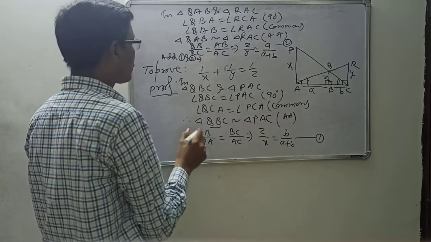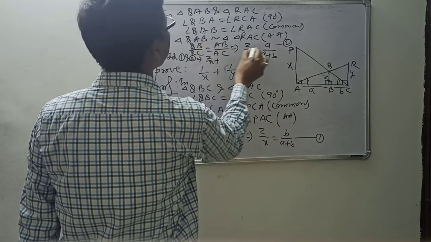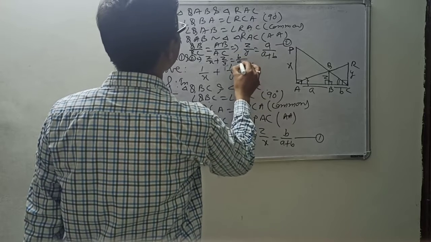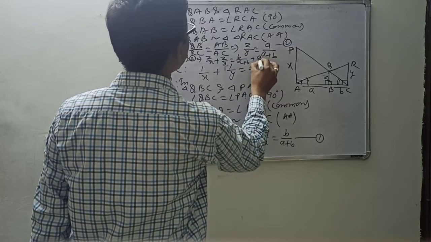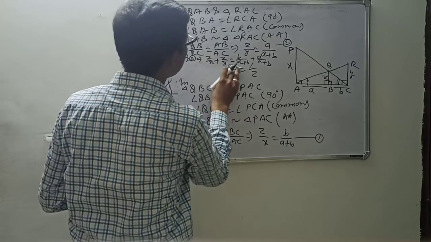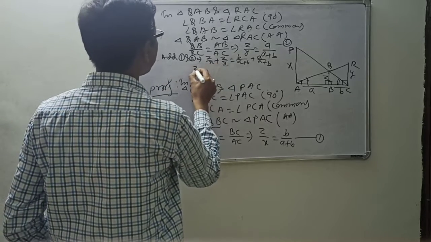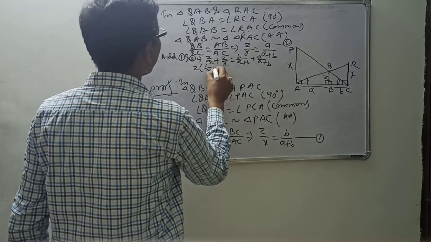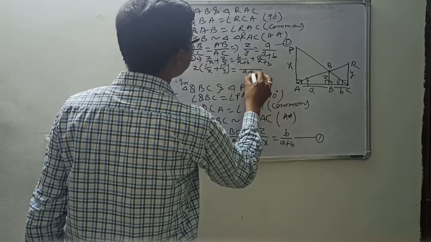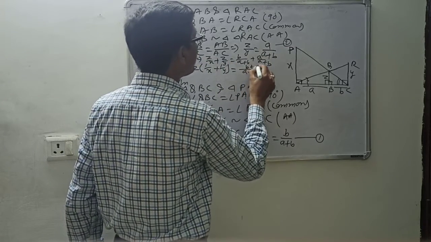So what you will get: z by x plus z by y is equal to b by a plus b, plus a by a plus b. Now you have to prove this one. So how can we do it? See, on the left side you can take z common. So it will be 1 by x plus 1 by y left, and there you can take the LCM, a plus b. So ultimately b plus a by a plus b, whichever way you write it, same thing.